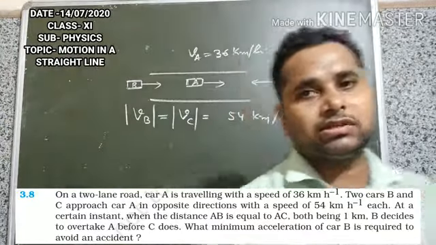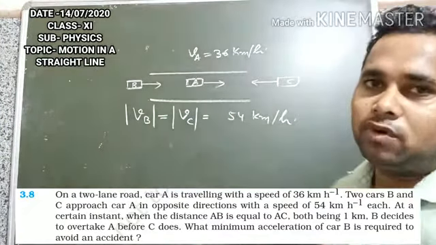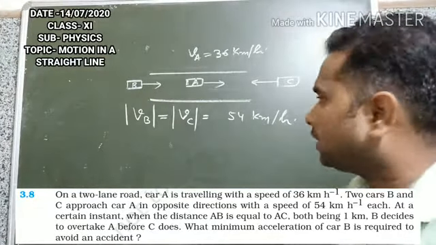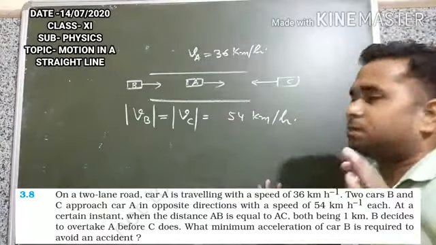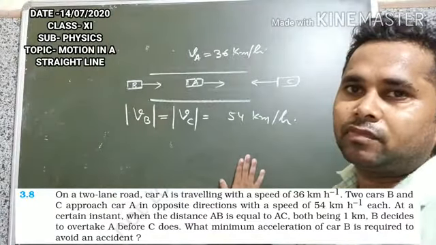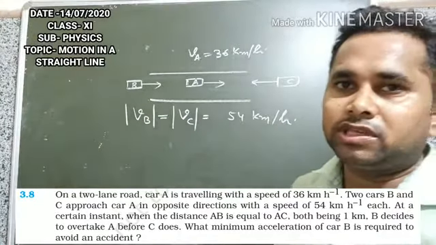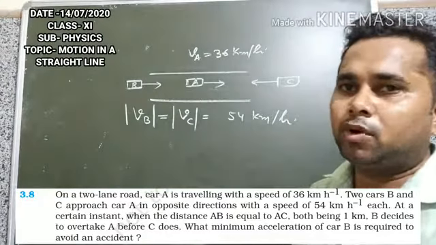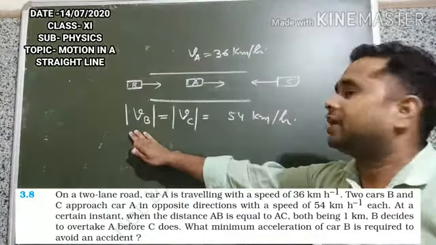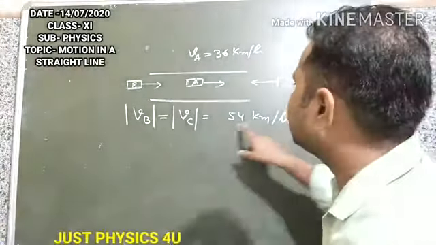You can note down this statement. A very important statement is there: magnitude of the velocity is the speed. I am repeating again, speed is the magnitude of velocity. Or reverse it: magnitude of the velocity is the speed of the body. So here this small sign indicates we are taking the magnitudes of the velocities VB and VC, both equal to